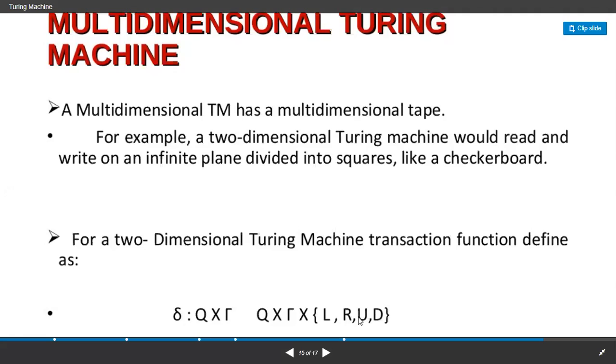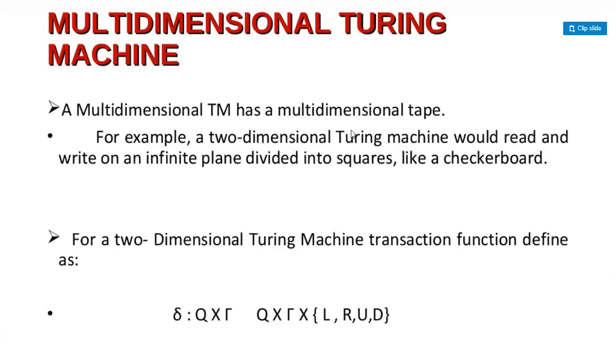By dividing along with the most, you need to define u and d like this. That should show that it isn't two-dimensional. And if you're having three-dimensional, if you're having four-dimensional, like that, you need to define the multi-dimensional Turing machine, where we're defining the multi-dimensional Turing machine with multi-dimensional tapes.